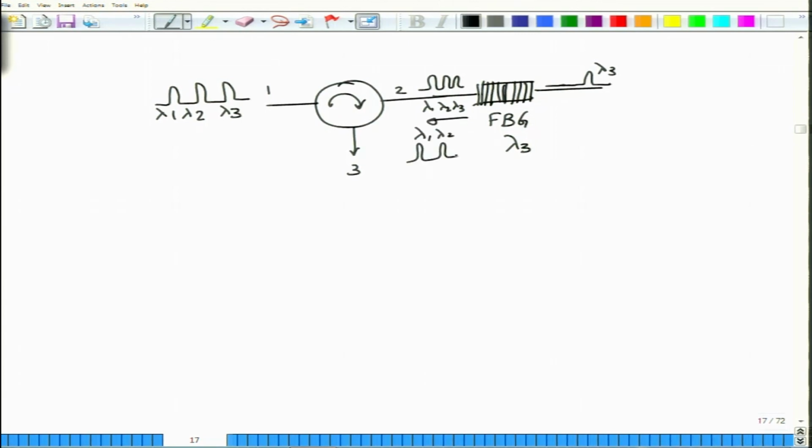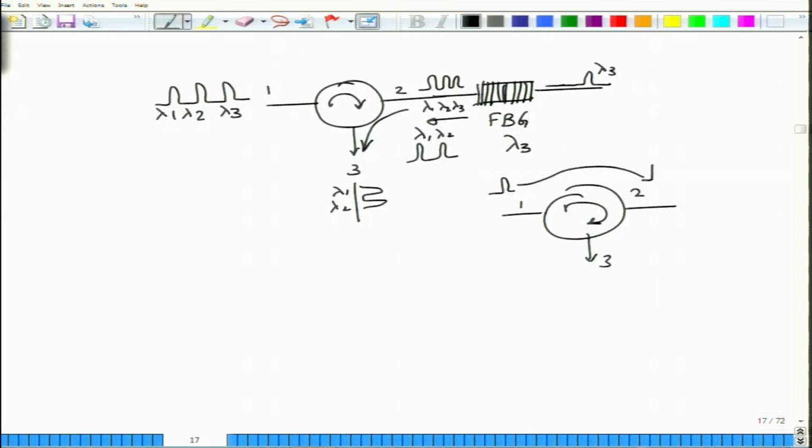So you have these two channels which are now reflected back, and then they start moving towards the circulator. Okay, so as they move to the circulator, will they go to port 1? No, they will go in the direction that is indicated by this arrow, which means that they will be copied back onto this line. So out on this line you will have lambda 1 and lambda 2, and this is how the circulator will actually behave. So a circulator will take the direction in which the arrow is pointing. So any signal that is launched along 1 will go to signal along 2. No signal will go from 1 to 3.